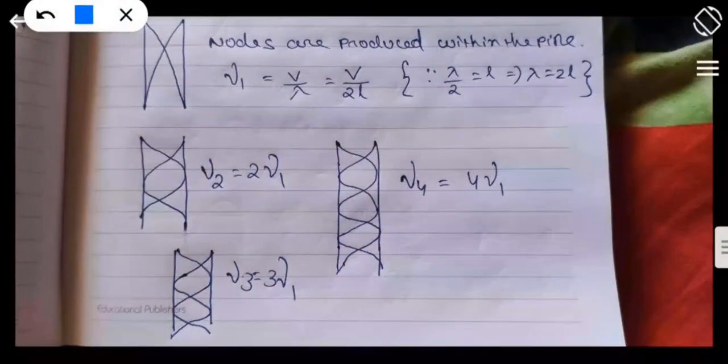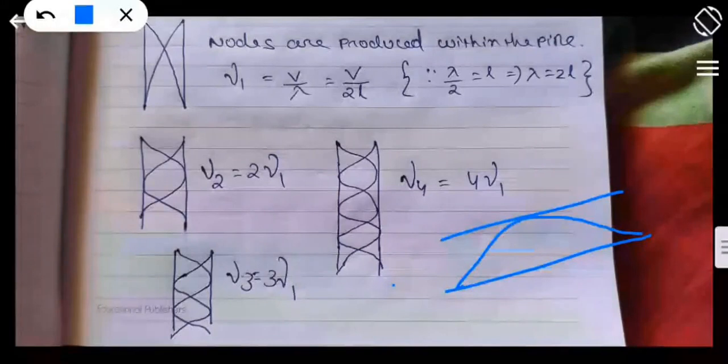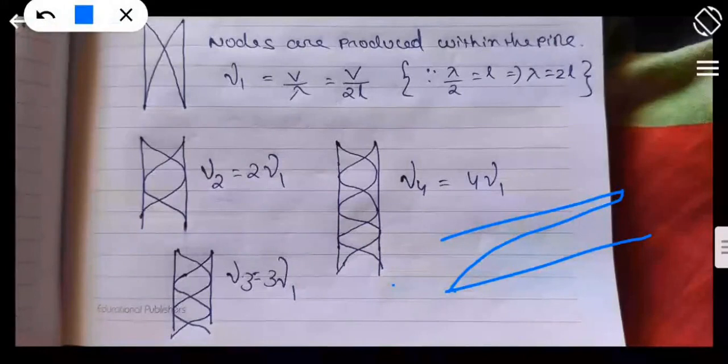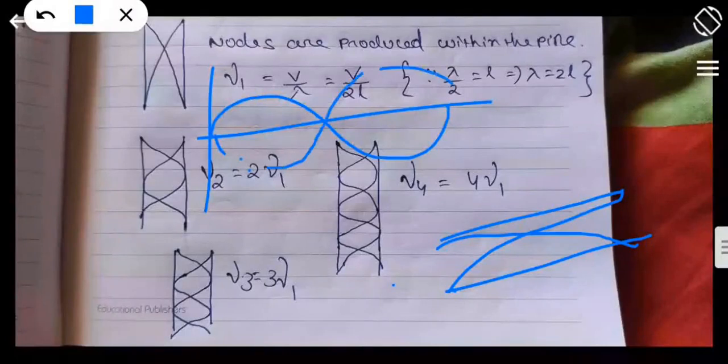As you can see here in the open organ pipe, as I already told, this is a pipe like this. Both sides are open, so the first wave that is going to be produced is just a crest. It is just a crest like this. So for a crest I can draw it simply like this. This is one, and another one is also like this. One is for the crest and one is for the trough, because a wave may start from a crest, or it may start from a trough. So there is only a crest.